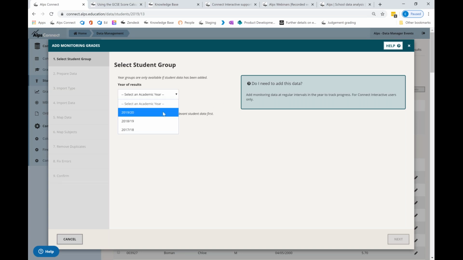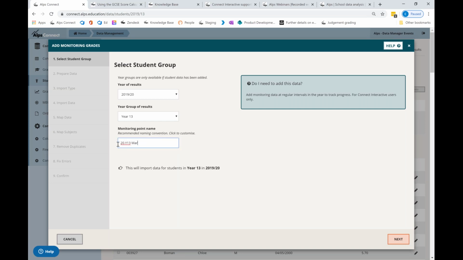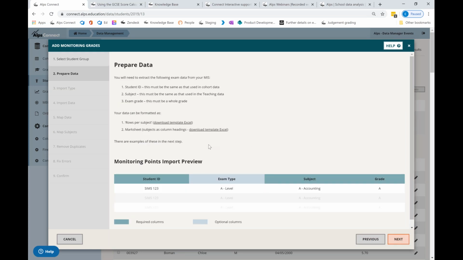So if we select a student group here, I want to import a monitoring point for my year 13. And this can be renamed. So if, for instance, you wanted to call it judgment, I'm just going to call it judge. The name of the monitoring point does have to be 12 characters or less. That is just for the appearance in Connect Interactive, so that all of the tables and things are nice and clear. And that is the name that my colleagues will see in Connect Interactive, and you can always edit this at a later date. So if I click on Next,